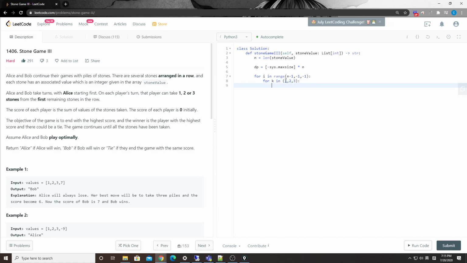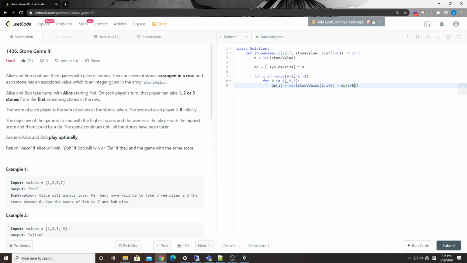So DP[i] is equal to the maximum sum of stones, basically the stone value, from i to i plus K, okay? And minus the relative, the other person's score, which is the DP